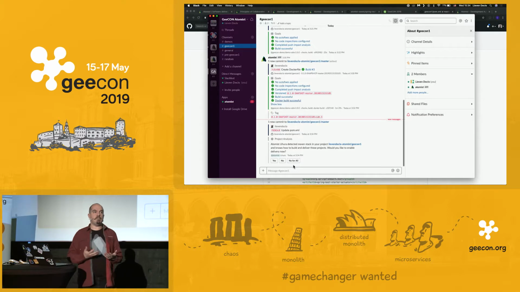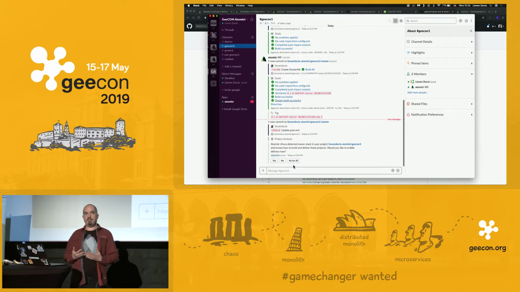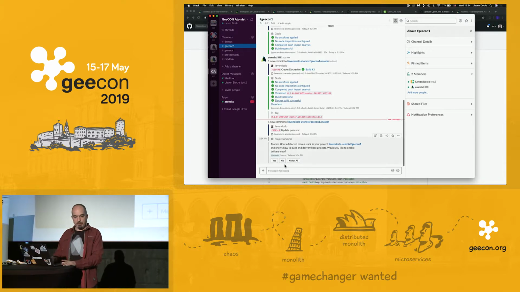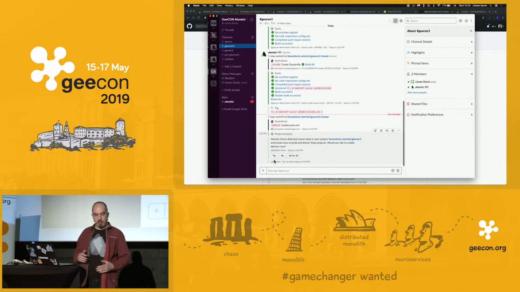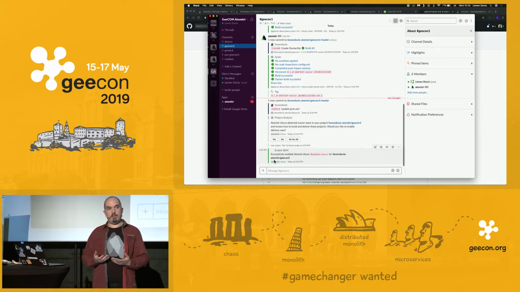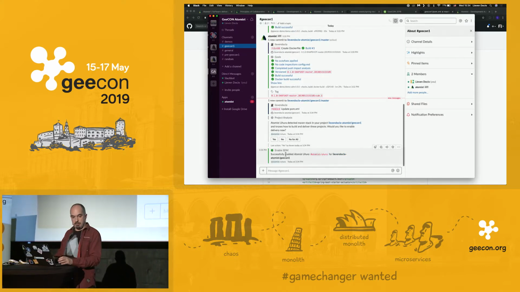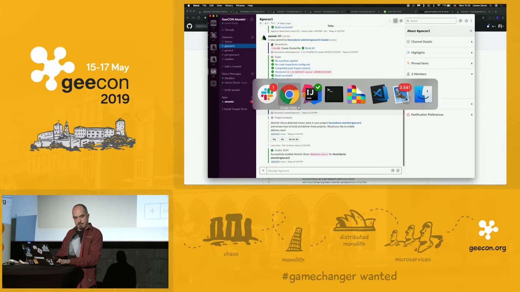Do you want to enable this? Because we don't enable Uhura by default, otherwise it would start building all of your applications within your own company. In this case, I'm saying, okay, yes. From now on, Atomist Uhura can start building my applications. So it actually didn't do anything because there wasn't any SDM enabled yet. So if I now start,